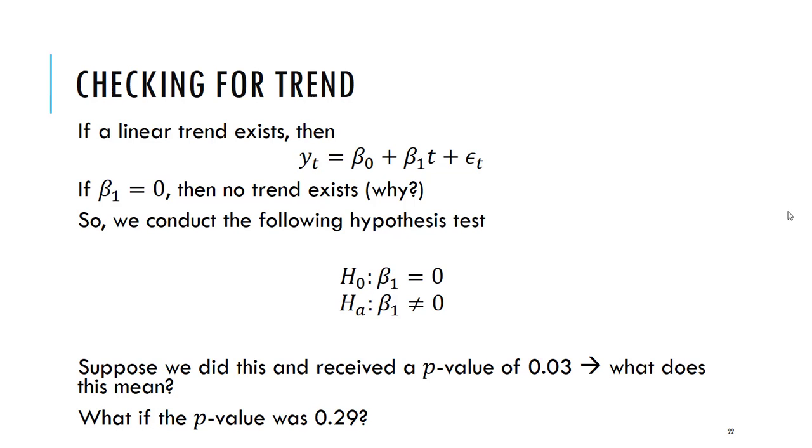All right. So if it's a larger p-value, say 0.29, then that gives us more belief about the null hypothesis, meaning that it is 0, meaning that there's no linear trend, meaning that we might have a stationary process, and we should go forth by looking at stationary models. So for this, when we're looking at stationary models, we should do a simple linear regression, make sure there's no trend, large p-value on the beta sub 1 for the variable for time period index, and then go forth with